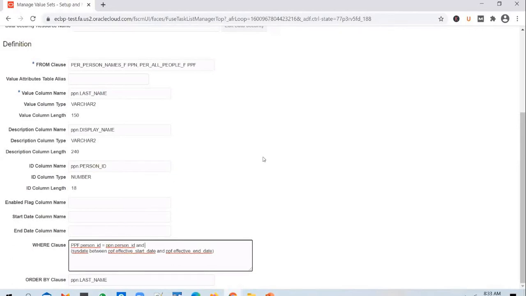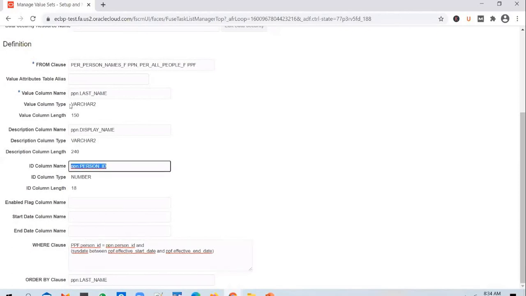Fine. My doubt is, in the ID column you have given the personal ID, only one ID column. So can we add multiple, like if it is similar on the second table? In these column names, whether it is value, description or ID, you can select only one column. In the join conditions, you can add as many as you want. It says column name, right? So that means you can select only one column. Because this information is going to get stored in a database column, and in one column you cannot store multiple values. So you can store only one value. That's why in these columns you can add only one column, but in the where clause you can add as many join conditions as you want.